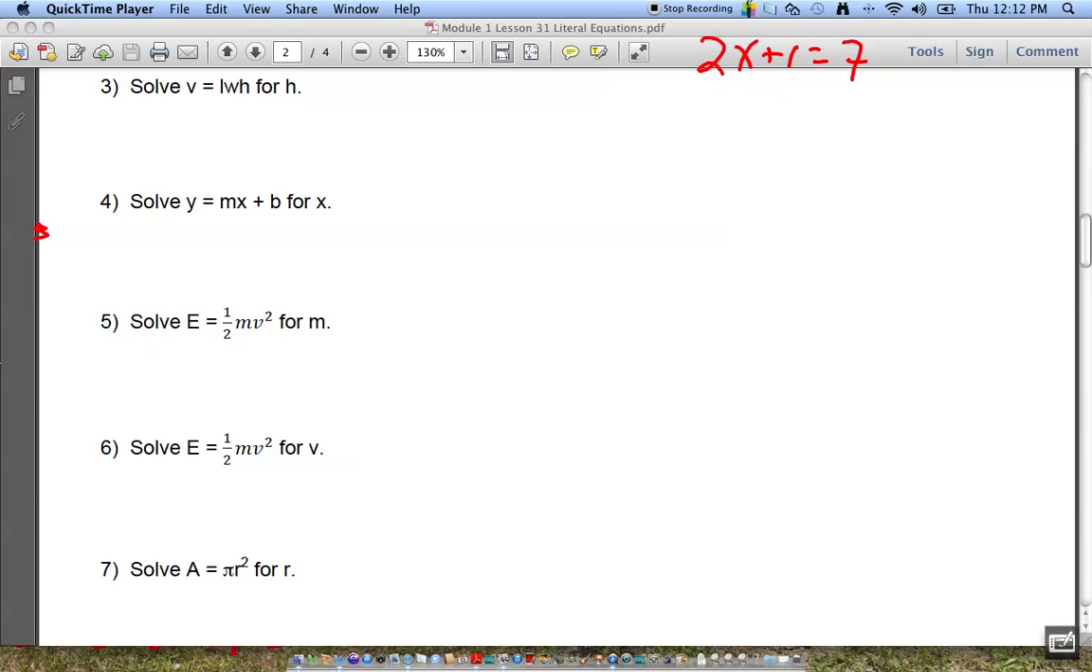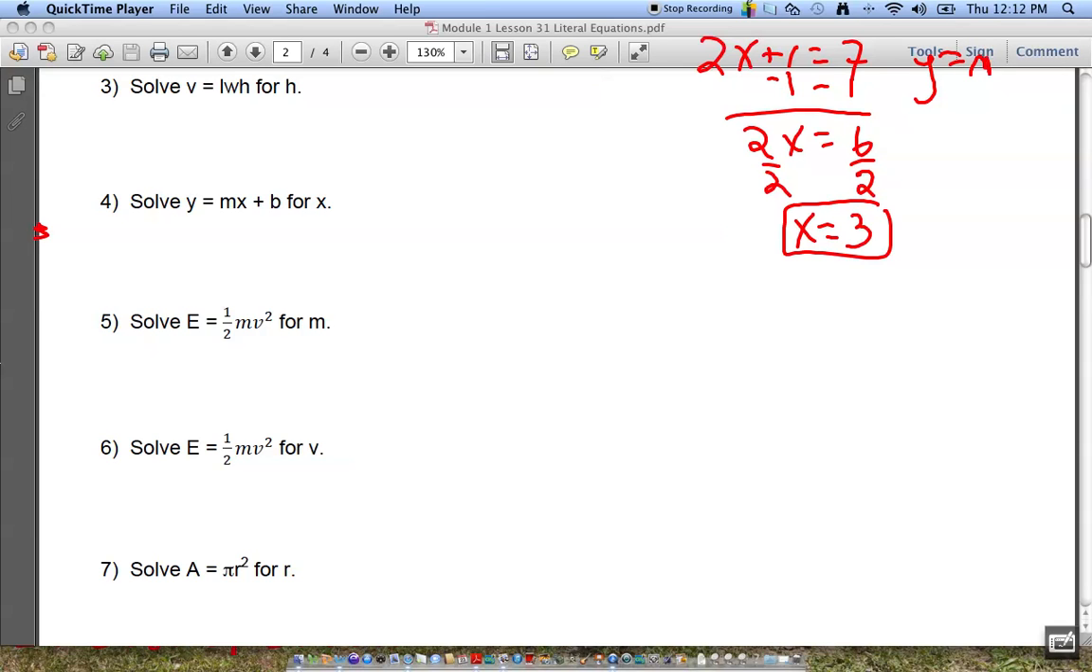Should be nice and easy, right? We minus the 1 from both sides, and then I get 2x equals 6. Then I divide by 2, and I get x equals 3. Now, this is a standard equation, and the only difference between the standard equation and a literal equation is